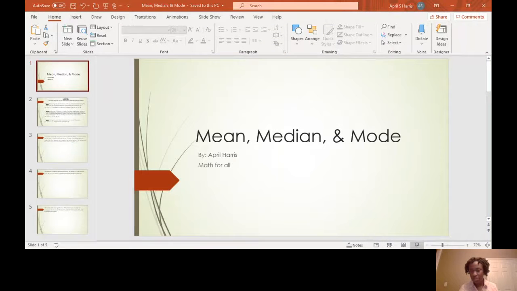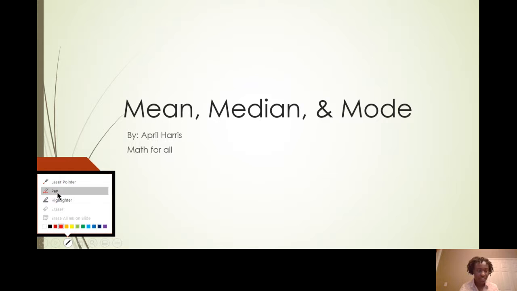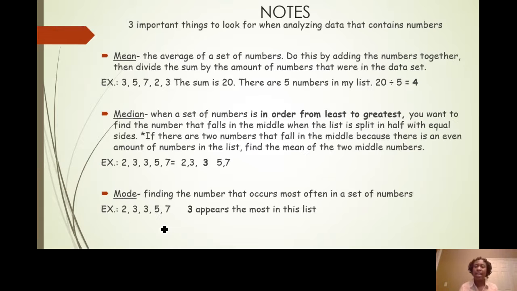So, of course, we always start off with definitions, making sure we understand what it is we're talking about. So, three important things to look for when analyzing data that contains numbers. And remember, we talked about in class that data just means information that you're looking at. So the mean, as you learn, is the average of a set of numbers. Do this by adding the numbers together, then divide the sum by the amount of numbers that were in the